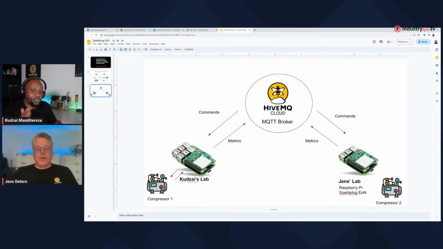So we're also going to show how you're able to use the group ID and edge node ID to categorize or group these edge nodes logically according to how they are located, or physically according to how they're located within a production line. So before we jump into the demo,